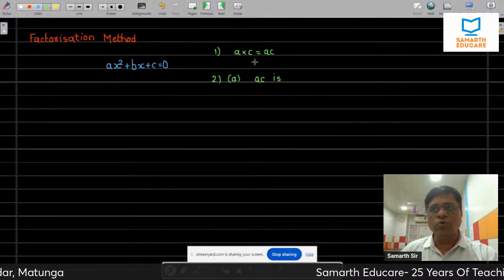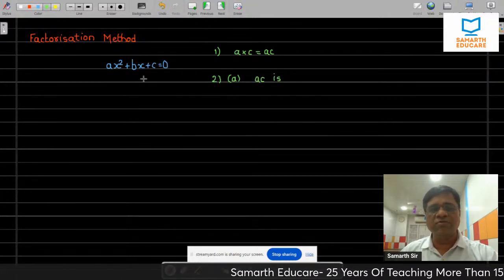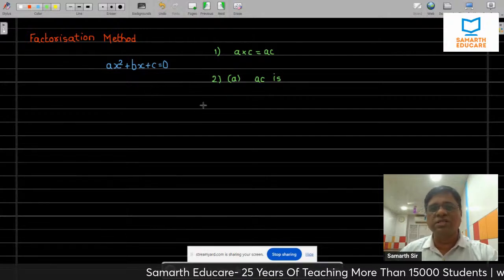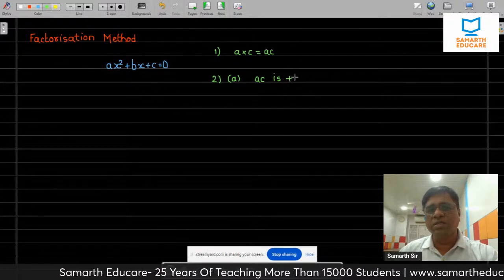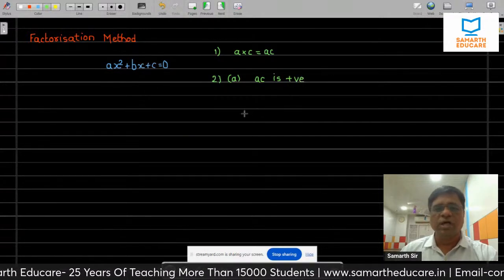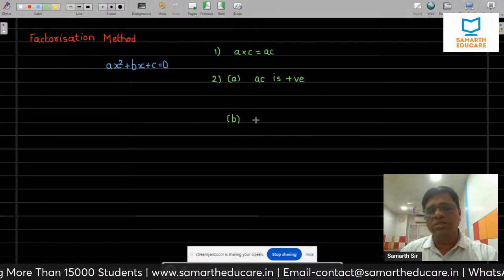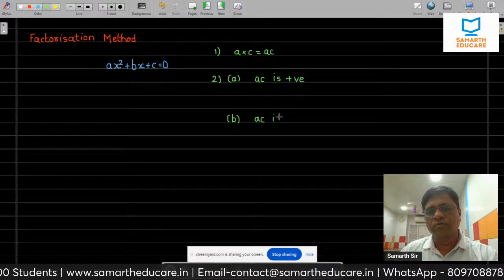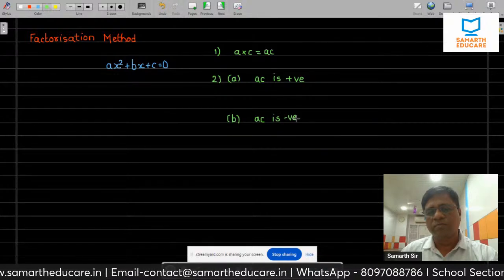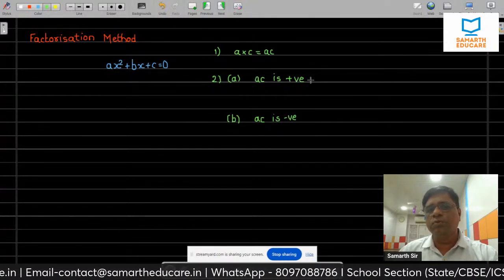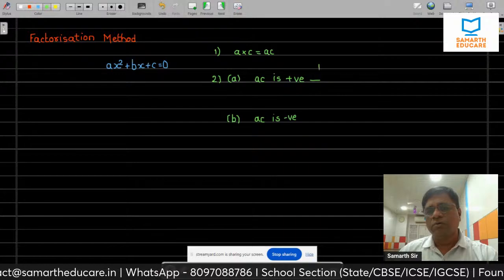That means suppose 2 into 3, the value of a is 2, the value of c is 3, then it is 2 into 3, that is 6. So the first possibility is ac is positive, and the second possibility is ac is negative, right? Now when ac is positive, okay,